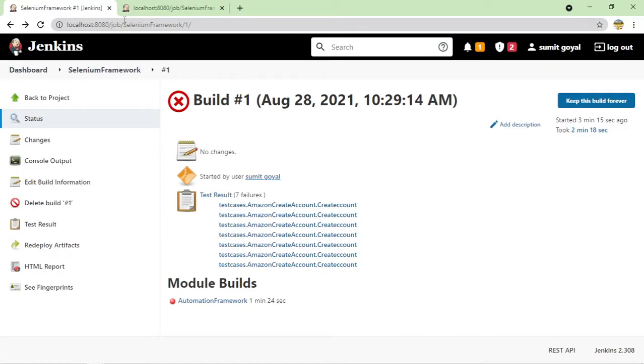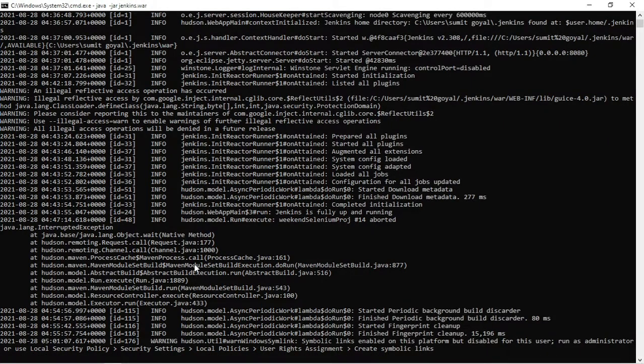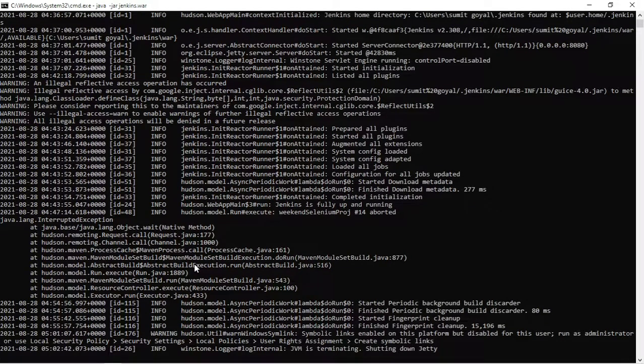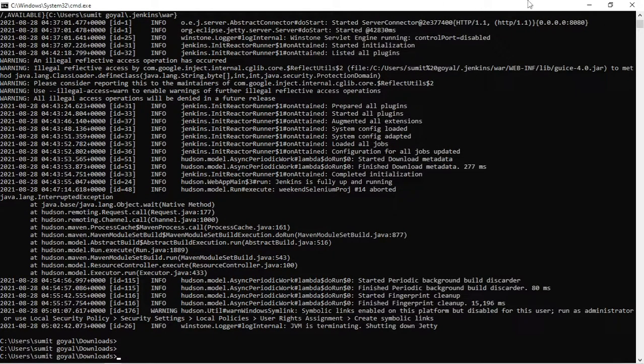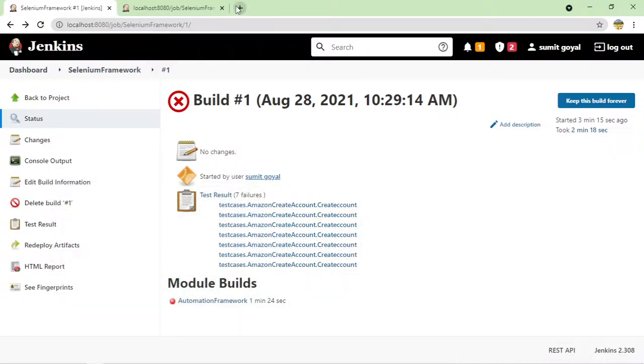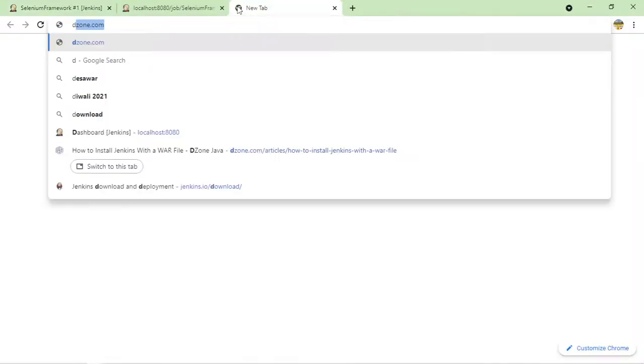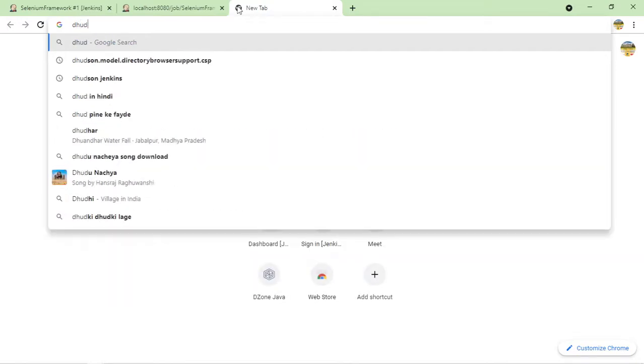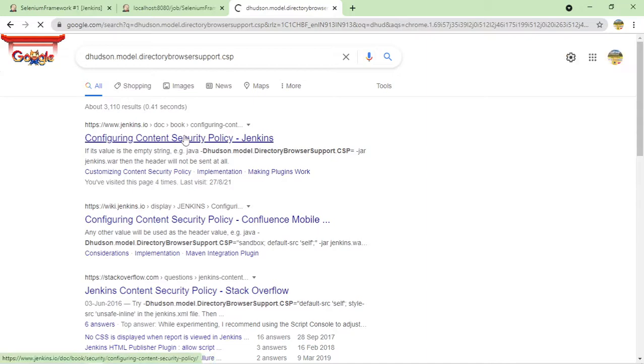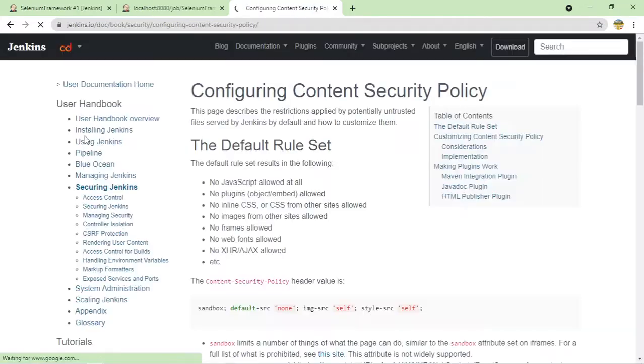So basically what we have to do, let me restart the Jenkins. If you want to shut down, you have to give Control C on the command prompt, Control C 2 times or 1 time, then it will stop the Jenkins. So if I Google, there is one security policy in Jenkins, that's why it is not displaying our report file. So what we need to do, go to this URL,